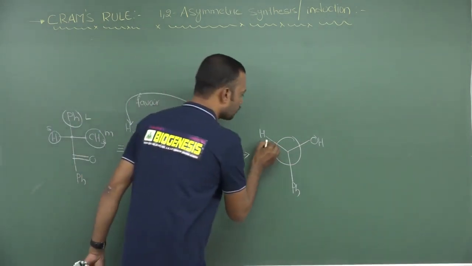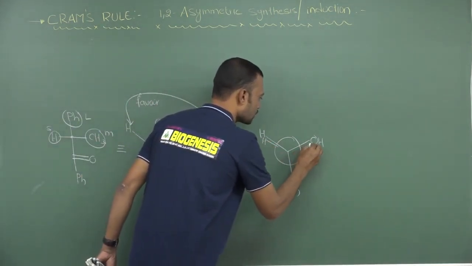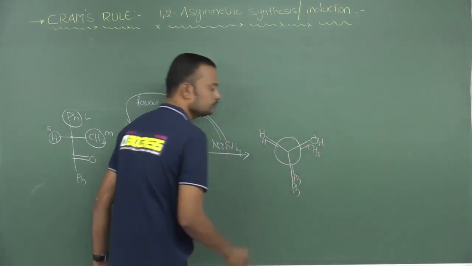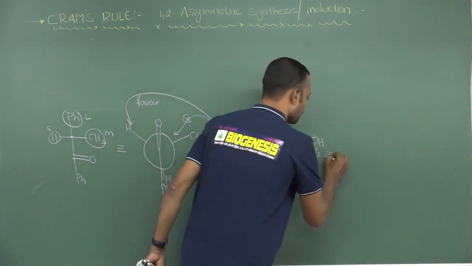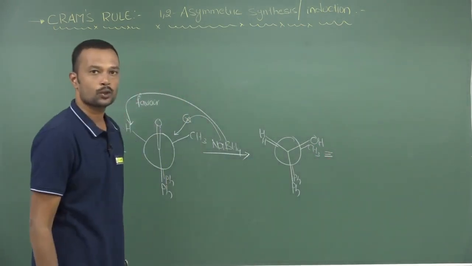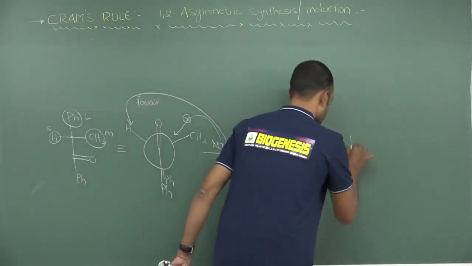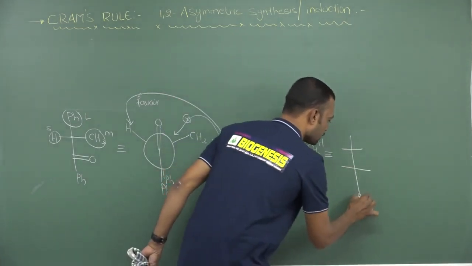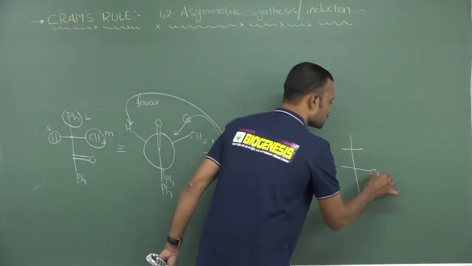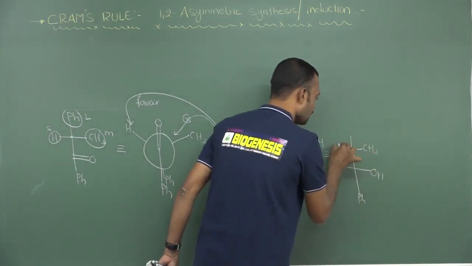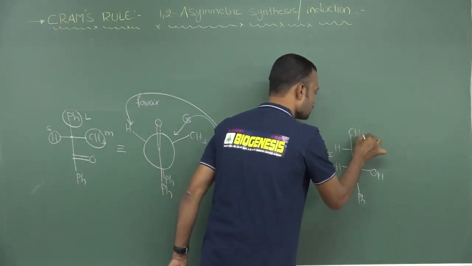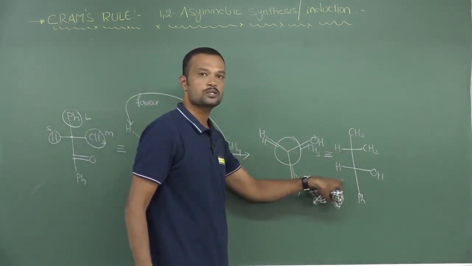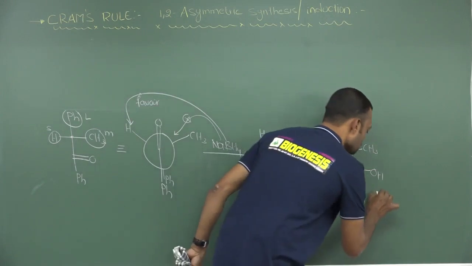Now the leftover groups are as they are: here H, next here followed by CH3, and here the phenyl group is present. Okay, this you can write in a suitable way. How to write this Newman into Fischer? Okay, this is the front carbon, this is the rear carbon. On the front carbon, phenyl is present. Now on the right side OH is present, here on the right side CH3 is present, hydrogen, hydrogen, and this is CH3. Okay, now two hydrogens are on the same side. Now this becomes erythro. Erythro is major in this one.